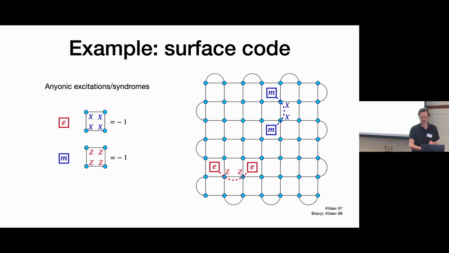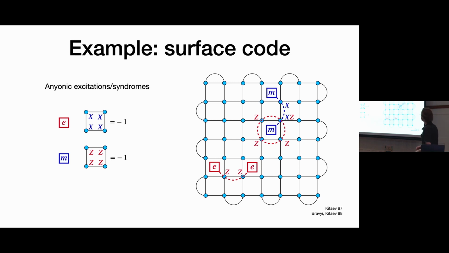You can make chains out of these errors to move these syndromes further apart, so they end up being deconfined points, which means that you can have a string of errors that only makes syndromes at their endpoints. So it doesn't make a lot of syndromes to move two syndromes very far apart. Okay, so here's just a little picture of hopping over two sites, and you can, in your mind, join that up to hop over more sites.